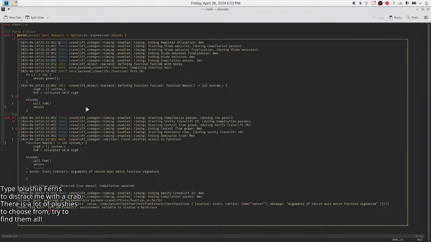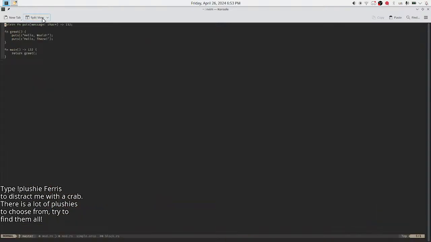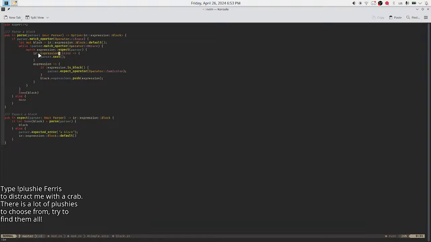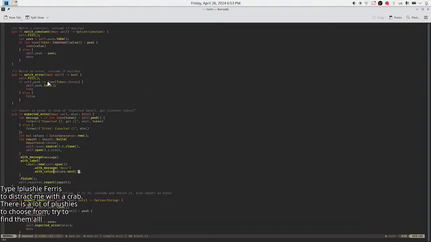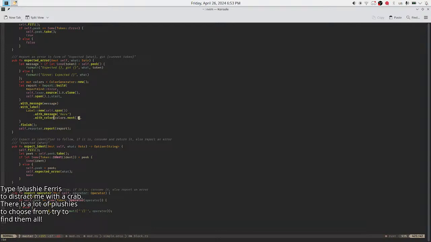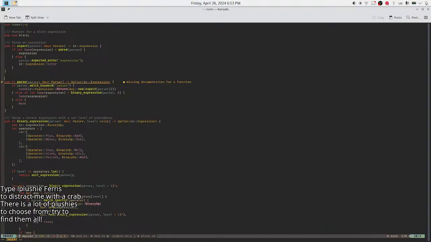Wait, what? Did I fix it? Here. What? Have I just parsed it? Oh, actually, I know what it is, and I know how to fix it. Oh, I'm missing documentation. So here is parse an expression.